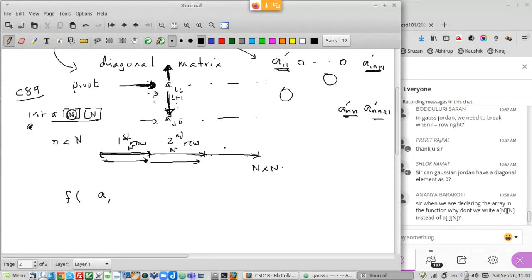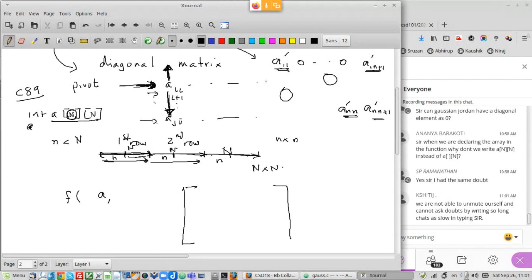So N elements, then N elements, then N elements. So if your array is only small n cross small n, then it will store up to here, and these will be blank. It will store from here to here, the small n, and these will be blank. Okay, similarly it will store from here to here, and these will be blank. So basically what is happening is your entire matrix inside the computer is looking like this, N cross N, stored row wise. And when you look at the matrix that you have passed into the function, it's a smaller one. So it is going to look like this,